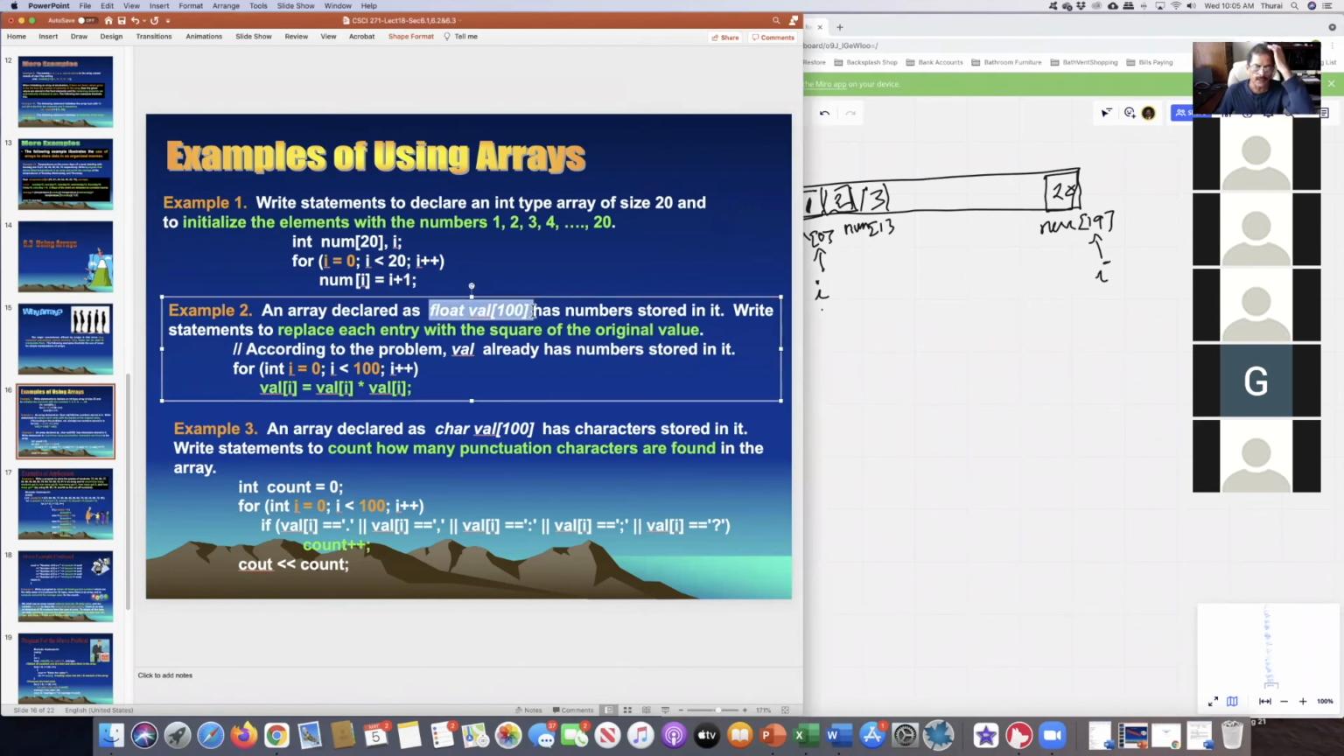Okay, next problem is an array is declared as float val 100. It has numbers already stored in it. So according to the problem, the array already has numbers. So what you need to do is write statements to replace each entry with the square of the original value. To replace each one with the square, I can say for i going from 0 to 100. As you can see, you always need a loop to manipulate the whole array. And i goes from 0 to less than 100. Val i times val i is the square of the val i, and that goes back in val i. So that replaces the original value with,